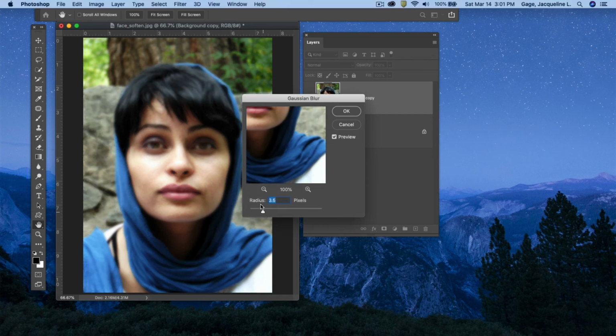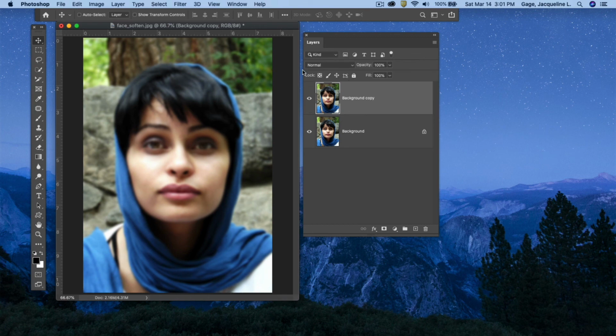I probably wouldn't want to do this much in reality, but just to prove my point, I'll say okay. Now, her skin looks really smooth, except I really want to bring back her eyes. So what I want to do is pop a hole using a mask through this top image to reveal her eyes that